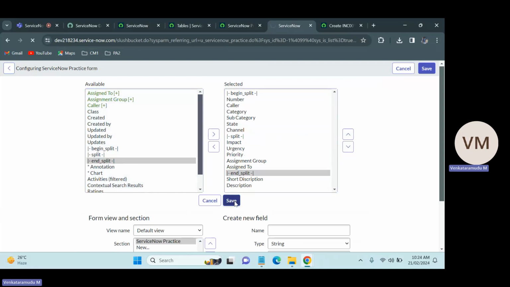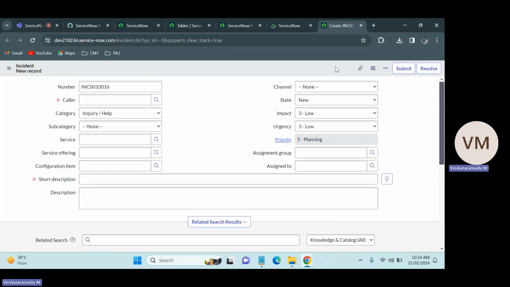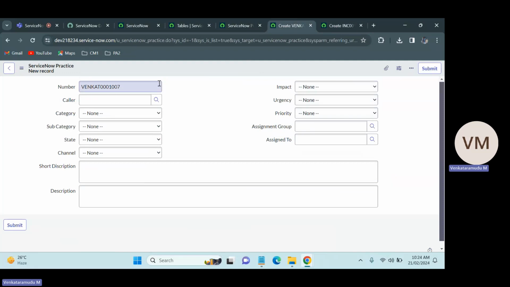Now the form will definitely look like this one only. You will be able to see that. See, this one is incident, this one is service now practice, which is the design we have just made. This is our form. We made the design, and once we made the design, the form looks like this one. So now we have created the new form with the design, right? So now I'm going to create